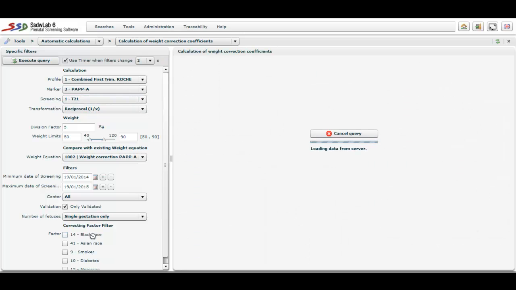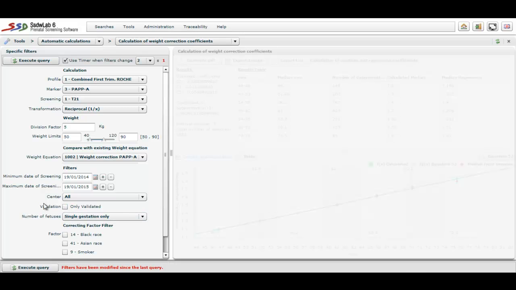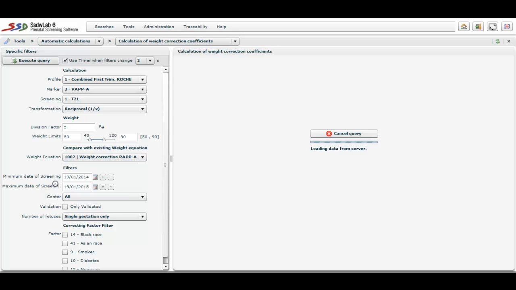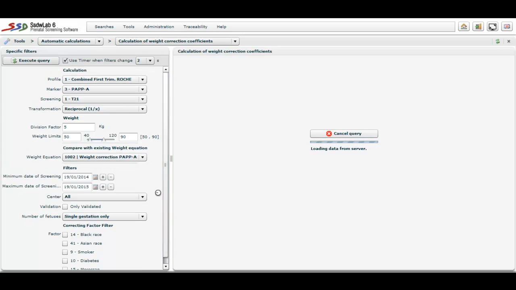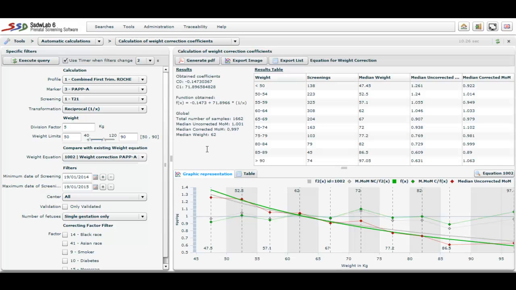Also we define the time interval. It is advisable to have at least 1,000 determinations for these calculations to be reliable. We take both validated and not validated. We choose single fetus pregnancies. Also we have the option to filter by race, diabetes, smoking, etc. We execute the query, and we can observe on the right side of the screen that the results are presented